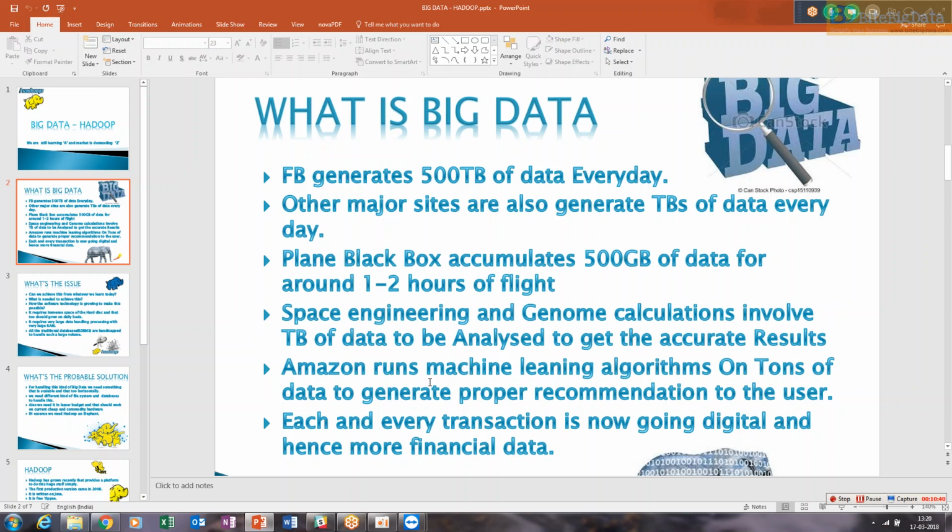Okay, and all that will be stored in some data centers of Facebook across the globe. So this is one of the very heavy data sets, you can say, that they are handling daily. Okay,